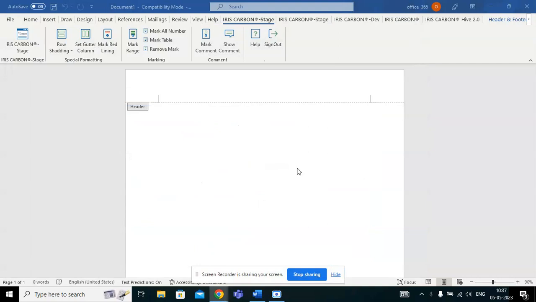Hi everyone. So let's see what is IRIS Carbon Hive and how we are supposed to access it. IRIS Carbon Hive is an add-in which is available on the Microsoft Store, and the users can manage their entire